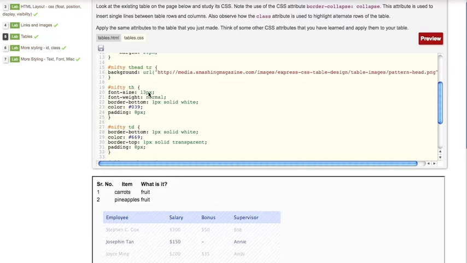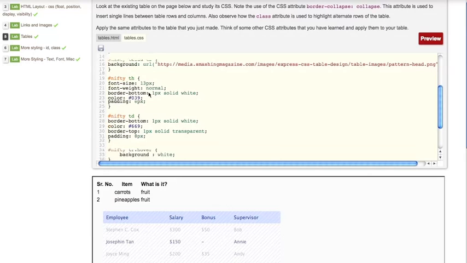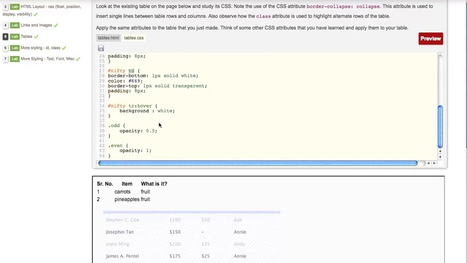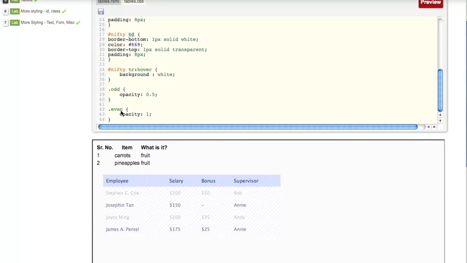Now here we're assigning different styles to the th element and also a set of different styles to the td element, right? Now what is interesting is the odd and even class that we saw existing in the HTML file. So what we're doing here is assigning different style attributes to odd and even, and therefore they appear differently, right?